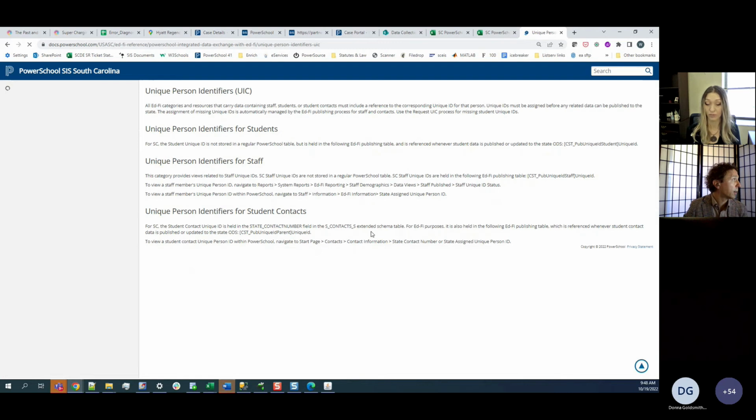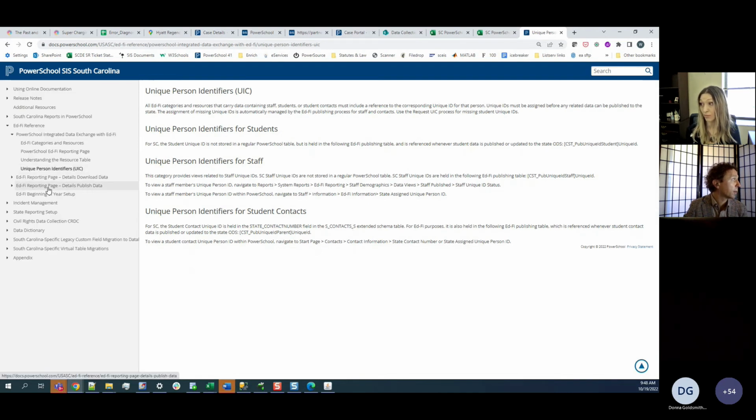I think it's neat that they're beginning to think about what comprehensive documentation about that publishing dashboard should look like. And if y'all have comments, suggestions, I think you could just enter them as a support case with PowerSchool, and we'll talk about it with Vet Wolf, who's the state reporting and compliance manager for South Carolina. But they're looking for feedback. They're looking for ways to improve this, and I think it's a pretty neat resource. I agree. I was excited to see all of that.